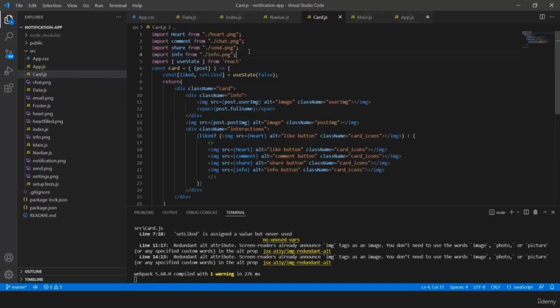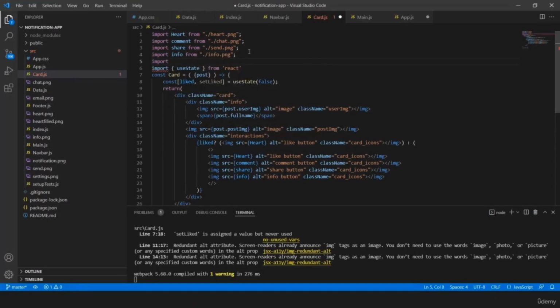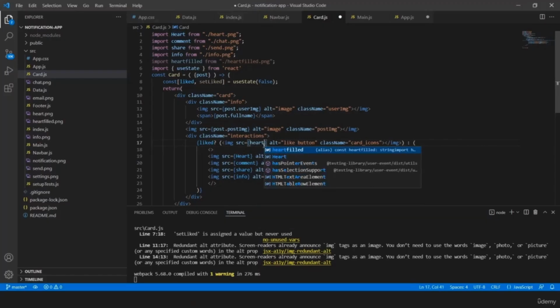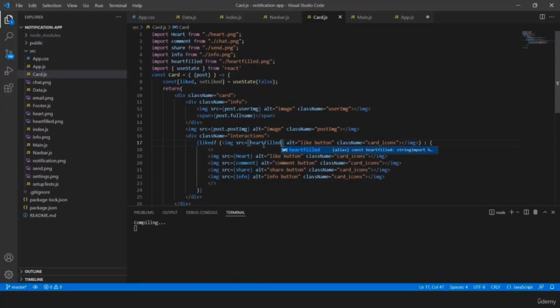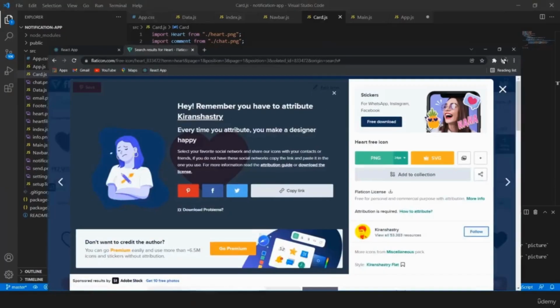Before doing that, we need to import it first. Import heart filled from heart filled.png, and now we'll be using this heart filled, and when we save this, we go. Yeah, and when we save this,